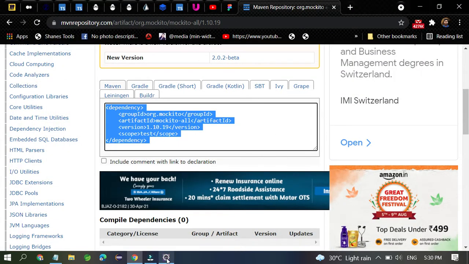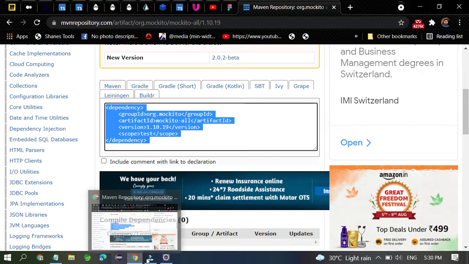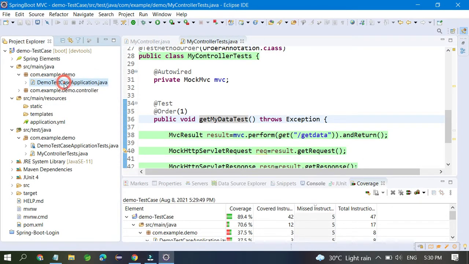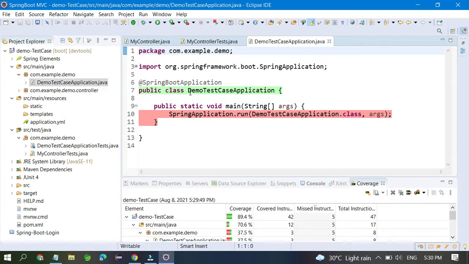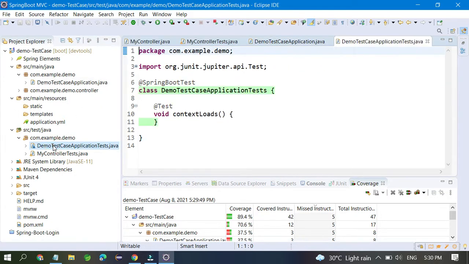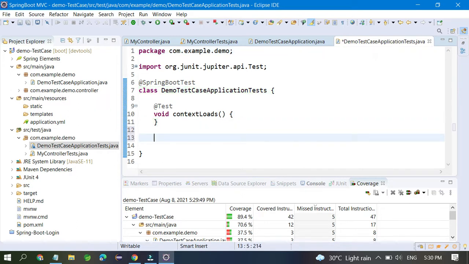Okay, so go to your project. How to cover the main class also, I will show you. This is something different type of idea. No one can understand, but I will tell you personally. So this is my demo test case. I'm going to go in this place, and here I'm going to write a main class test. So I have to write public void main1, yeah, you can say main test, and here you can open it. So this is one of the methods.